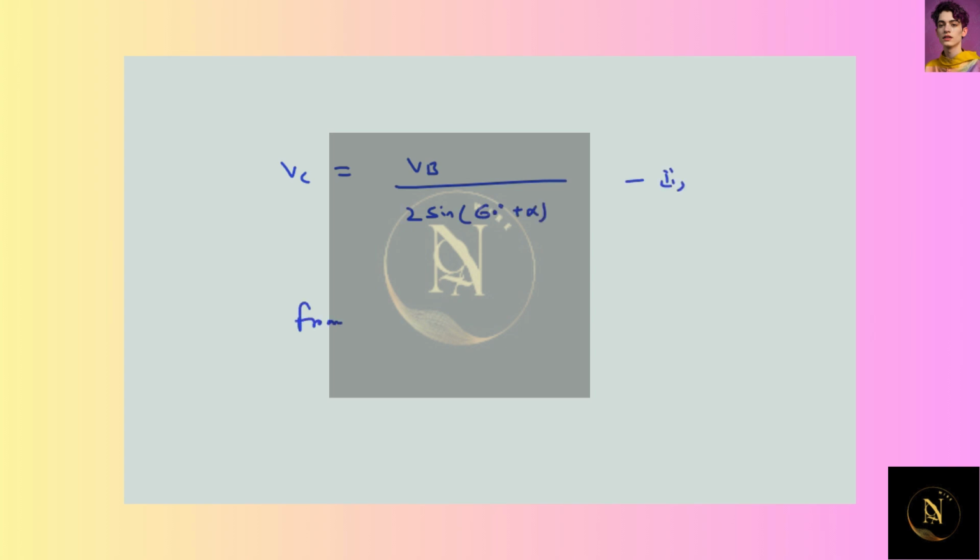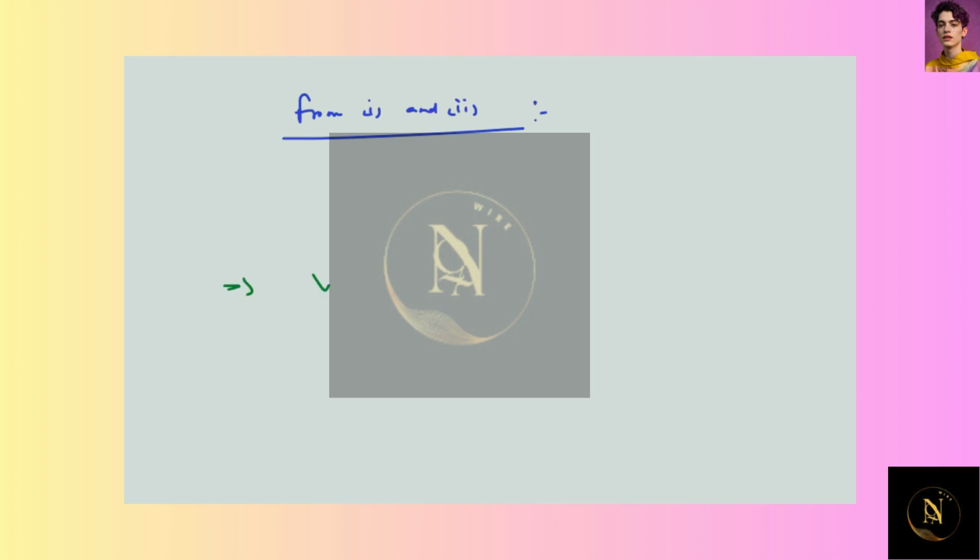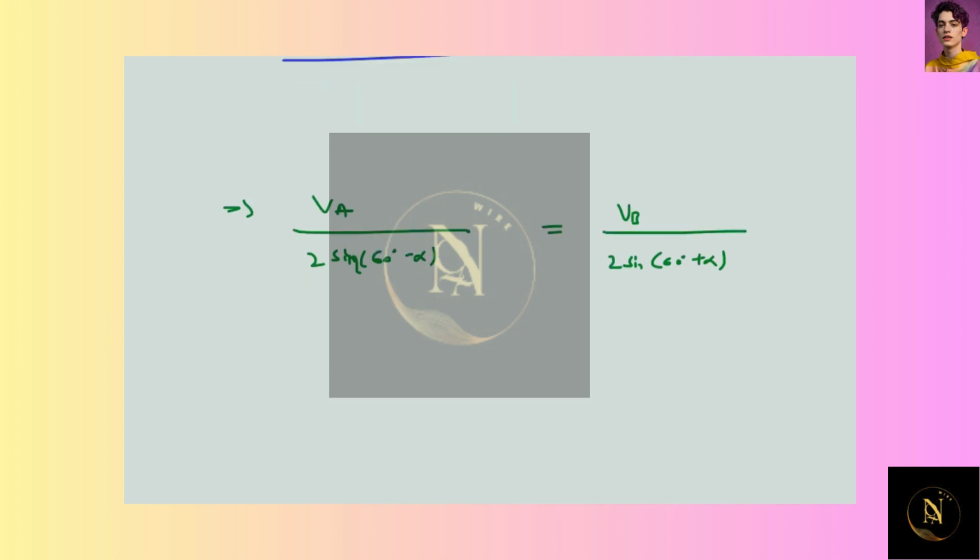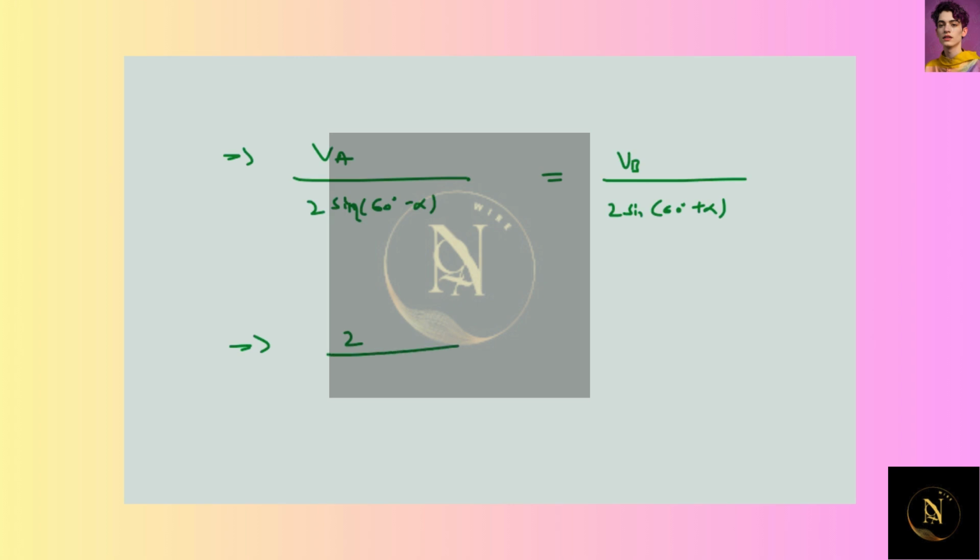So from equation 1 and 2, I can write the expression as VA by 2 sine 60 degree minus alpha is equal to VB by 2 sine 60 degree plus alpha. Now the next expression will become 2 by sine 60 degree minus alpha is equal to 3 by sine 60 degree plus alpha,